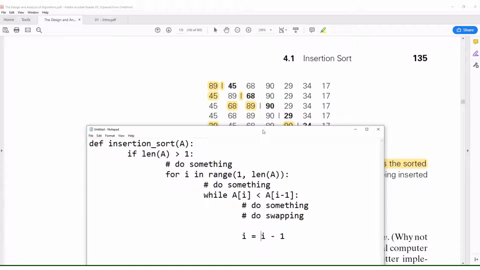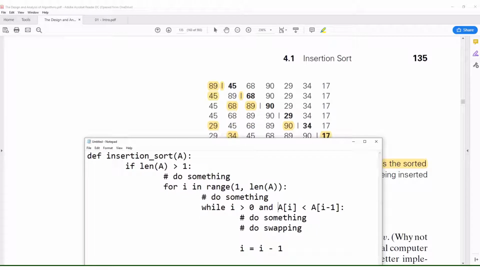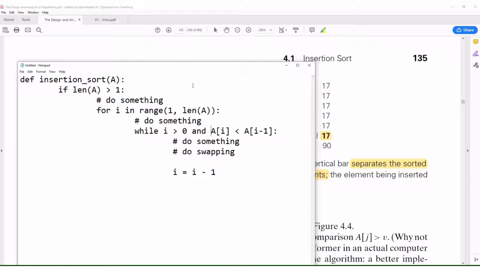It means that I need to modify this condition here so that this can stop when my I is 0. So I need to modify the condition and say while I is greater than 0 and this is true. So these two conditions have to be true. If not, this is going to continue to do the comparison. And I want somebody to look at that. If it is in Java,